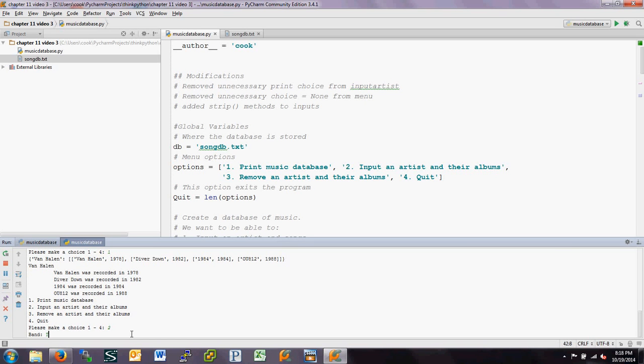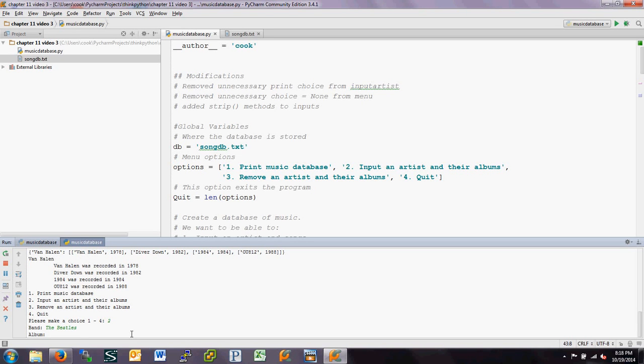So we'll put in the Beatles. And let's see, we'll put in White Album, 1968. And we'll put another one in, Abbey Road. And that was from